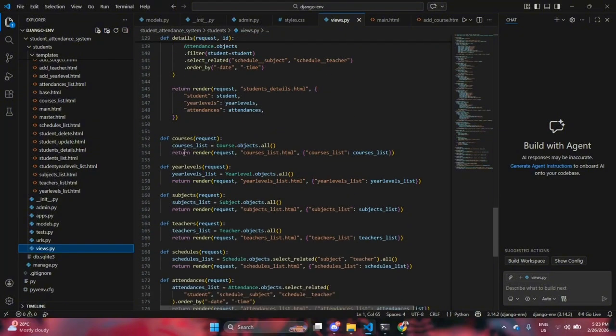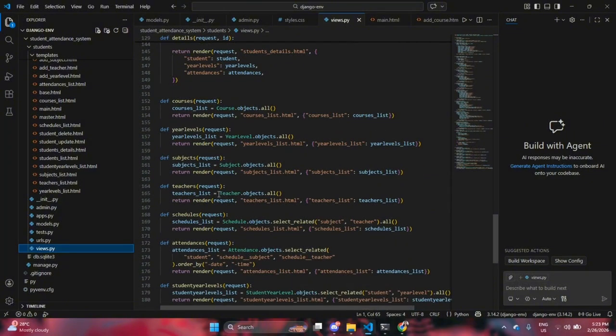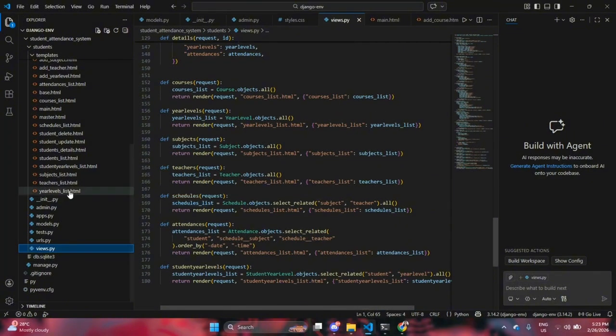Then here to show the list of courses, year levels, subjects, etc.